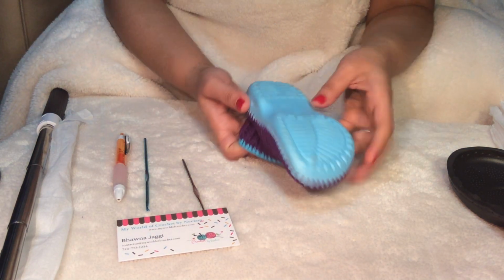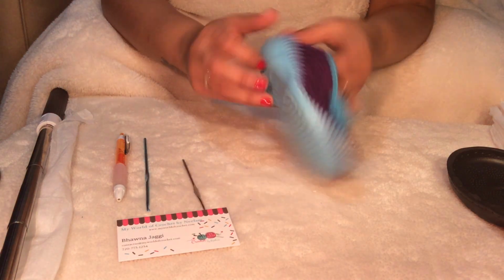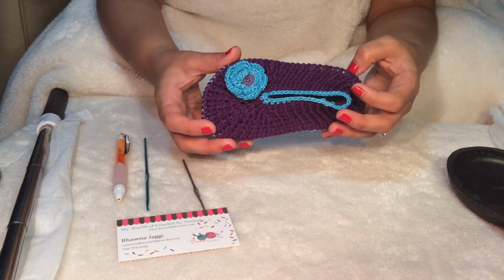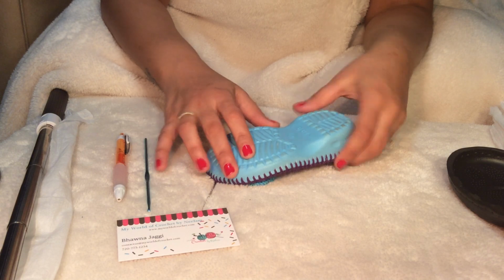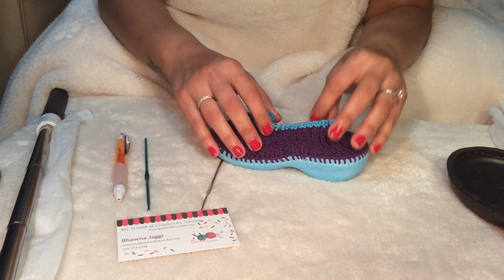Today we're gonna learn how to make crochet shoes on a rubber sole. If you've seen my other tutorials, I have covered some of the shoes without any rubber sole. You can try those first, which are mostly for